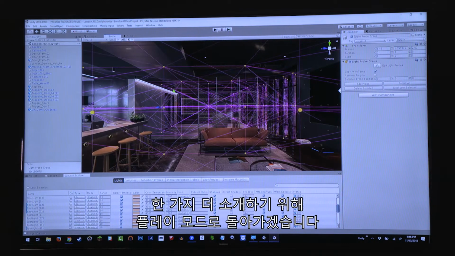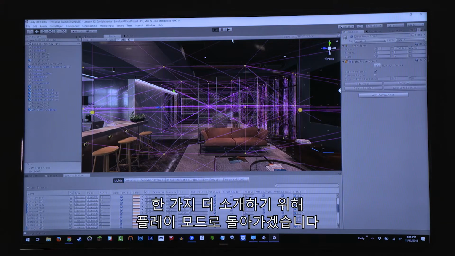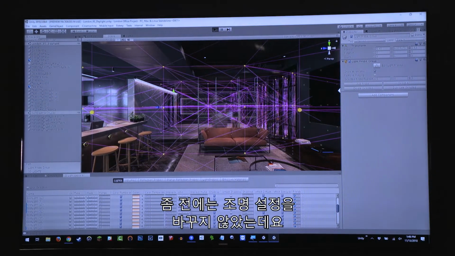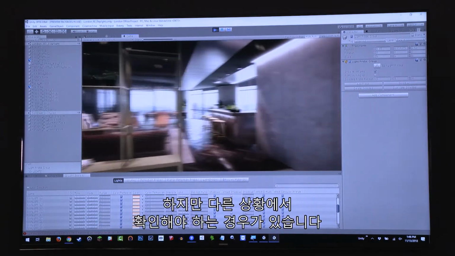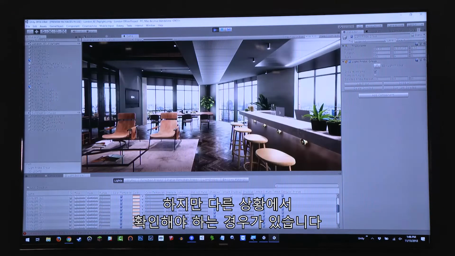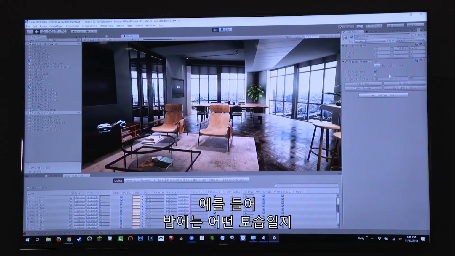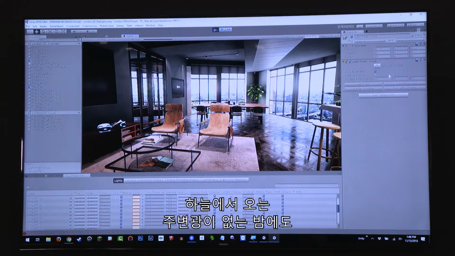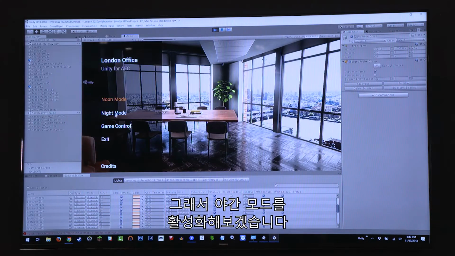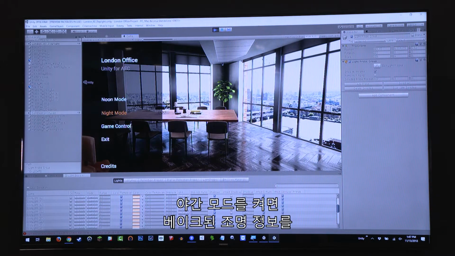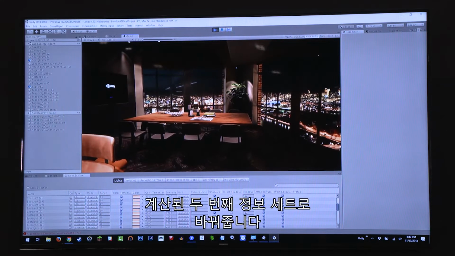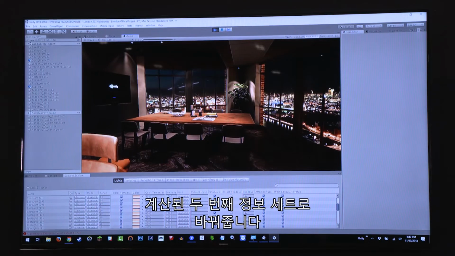Now, one other thing I'm going to show here, so I'm going to go back into play mode, because before I just walked around with the lighting as is, but as often is the case, we don't want to just see this lighting as it is. We want to say, okay, what will this look like at night? Are these lights adequate at night when the sky isn't giving us so much ambient light? And so I'm going to go ahead and activate night mode. And what that's going to do is just swap out the baked lighting information for a second set that was calculated without any ambient light turned on.